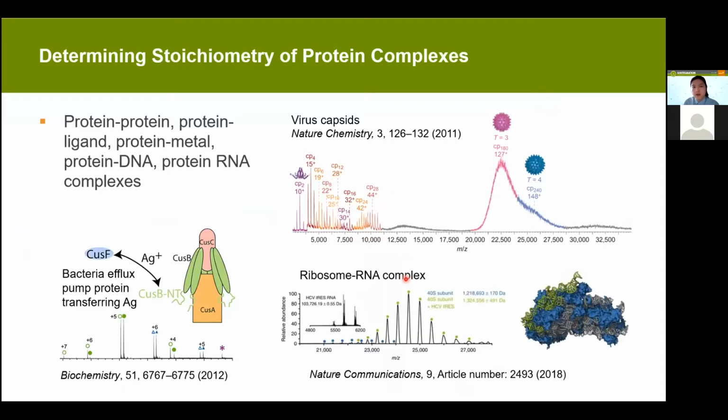The first thing I want to say is that mass measurement is very useful for determining stoichiometry of protein complexes. You can look at different protein-protein complexes, protein-ligand complexes, protein-metal complexes, or protein-nucleotide complexes. This is a quick example showing how you can look at the sulfur binding between the two proteins, and you can easily tell the binding of the sulfur based on the mass shift in the mass spectrum collected